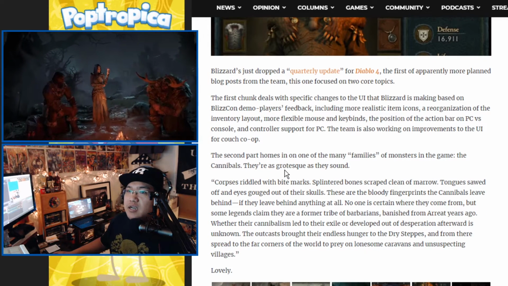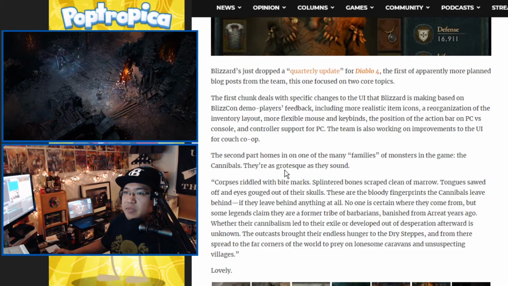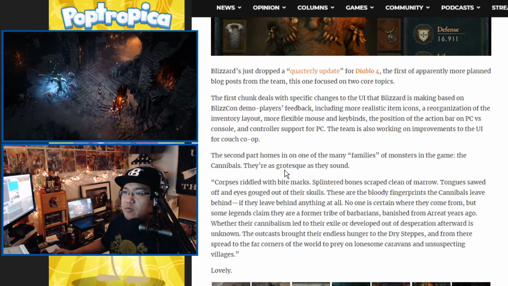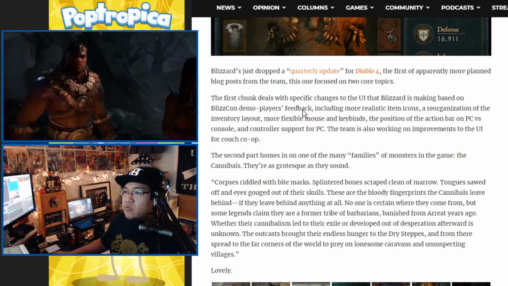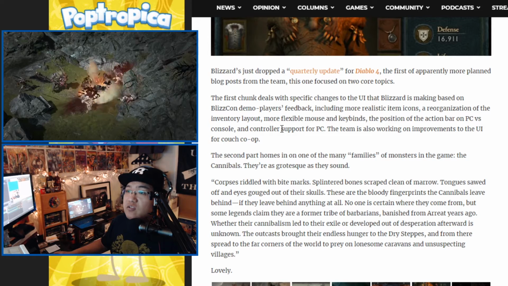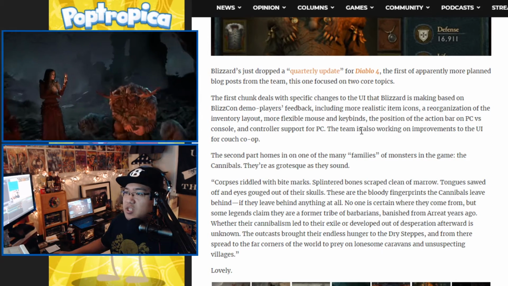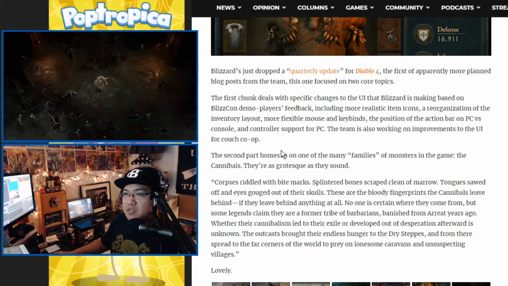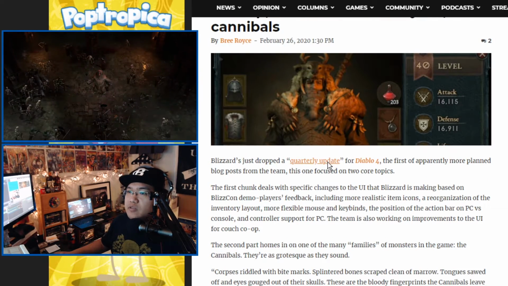So anyways, the first chunk deals with specific changes to the UI that Blizzard is making based on BlizzCon demo players' feedback, including more realistic item icons, reorganization of the inventory layout, more flexible mouse and keybinds, the position of the action bar on a PC versus console, and controller support for the PC. If we head on over to their quarterly update,